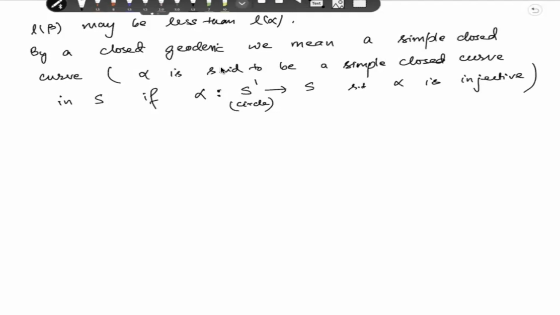And you also have to assume it is continuous. So by a closed geodesic, we mean a simple closed curve alpha such that, if we take this simple closed curve to be alpha,